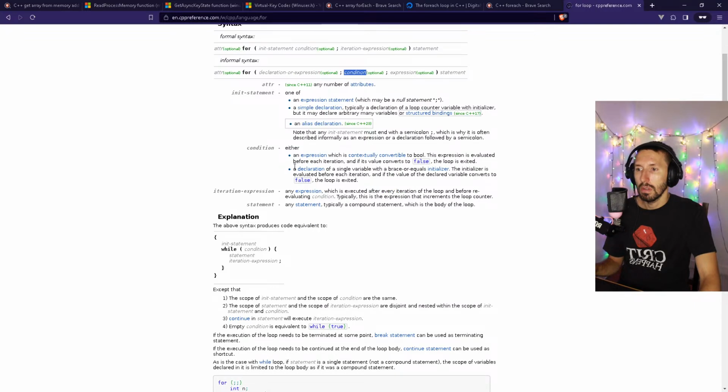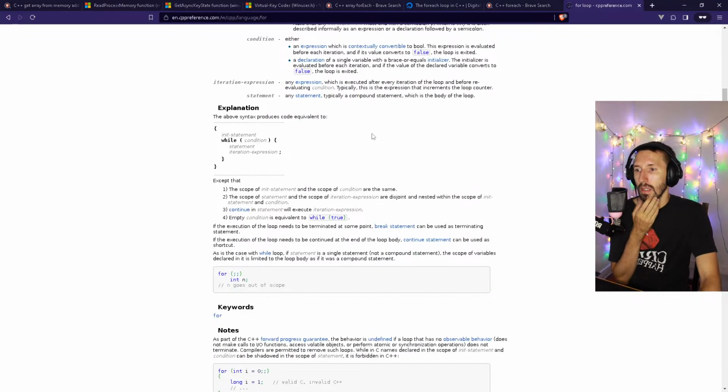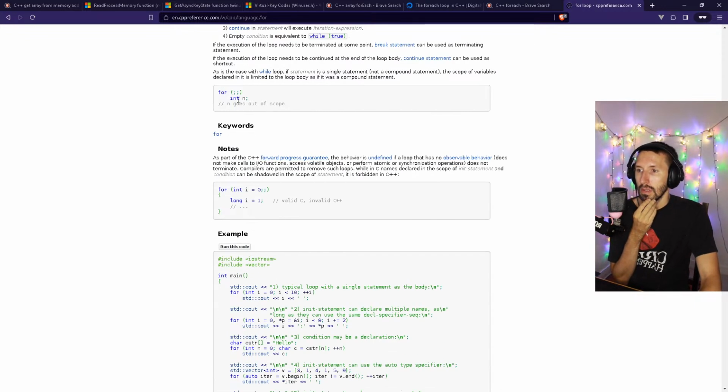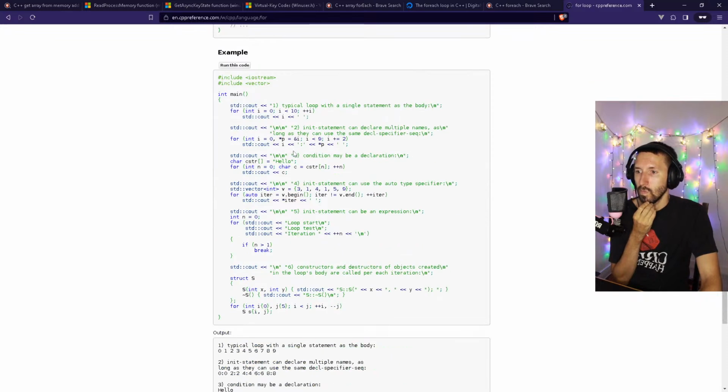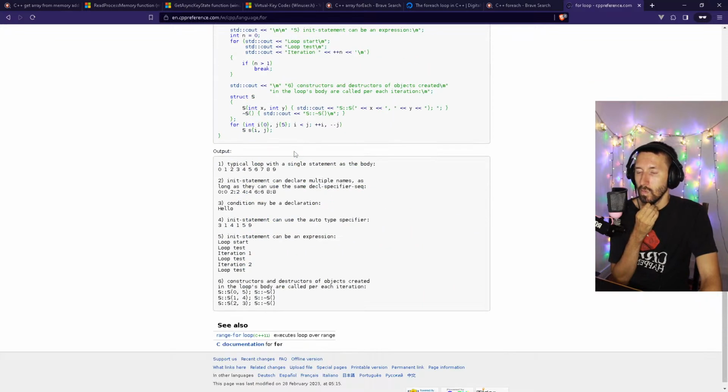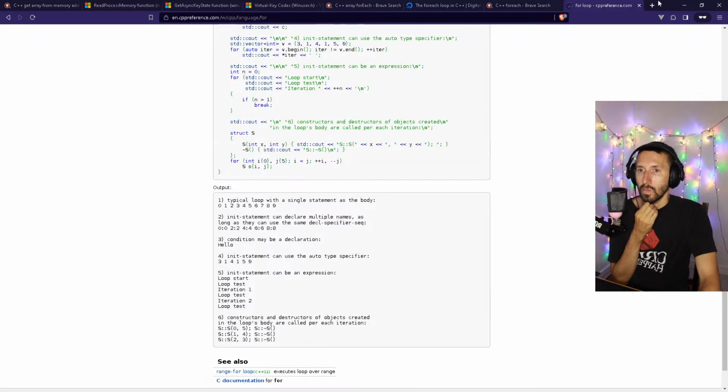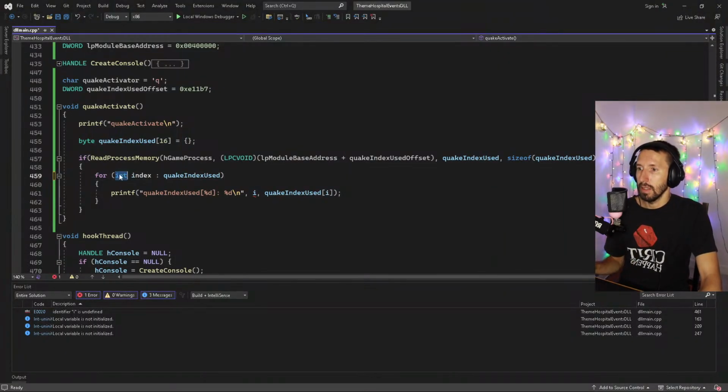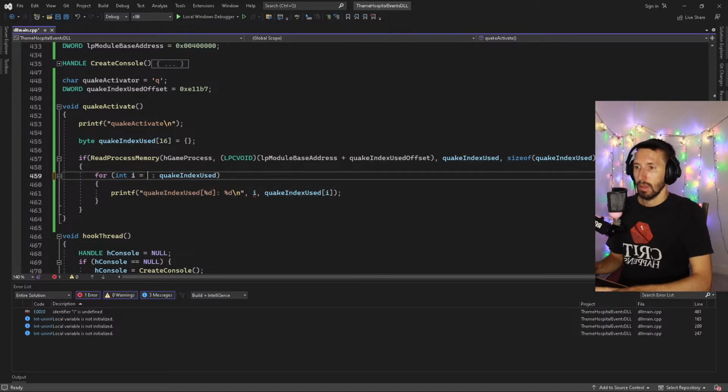Conditional. Okay, it's easier for me to use a simple one. So E smaller than